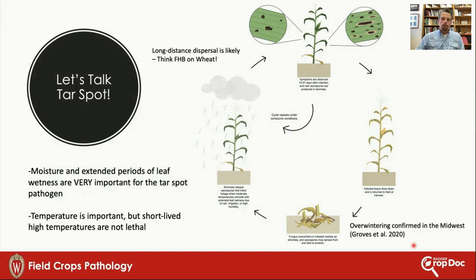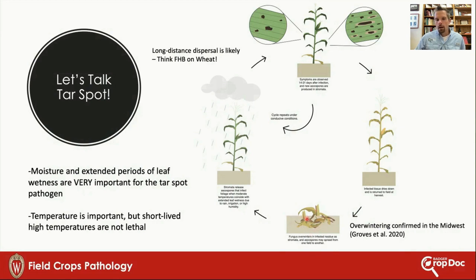And tar spot has been a disease on everybody's mind lately in corn. There have been a couple of big epidemics in recent years, and we've been using our modeling tools to try to develop some new models, again, weather-based tools to try to optimize applications and get an idea of when we should be actually applying our fungicides. Just to show you the disease cycle, we know that the tar spot fungus